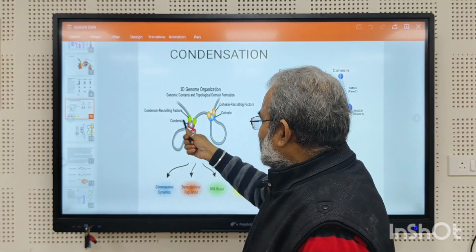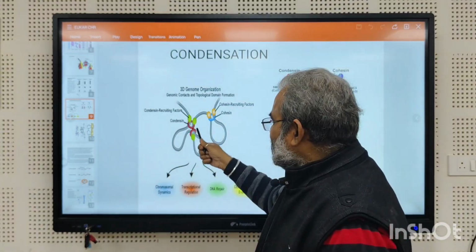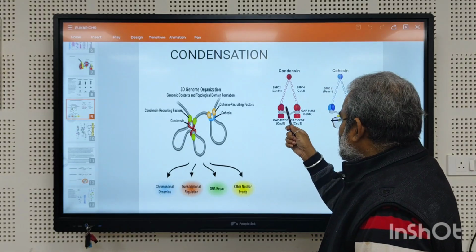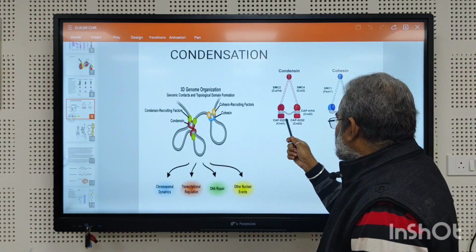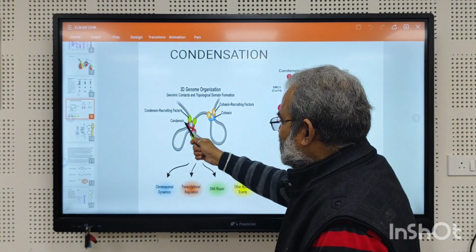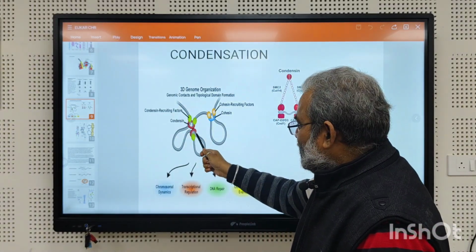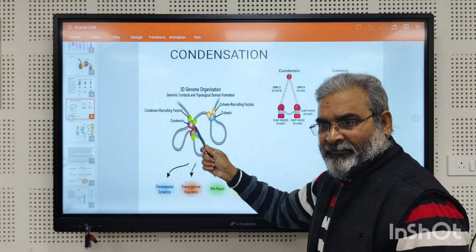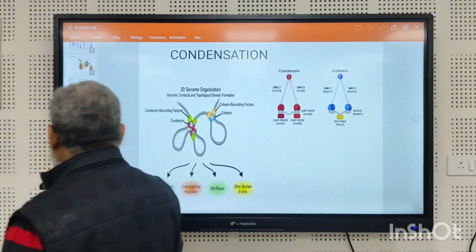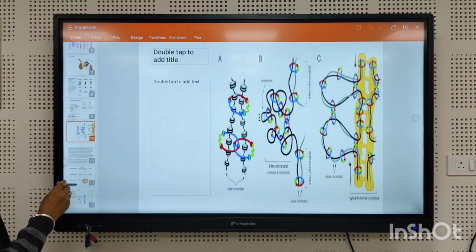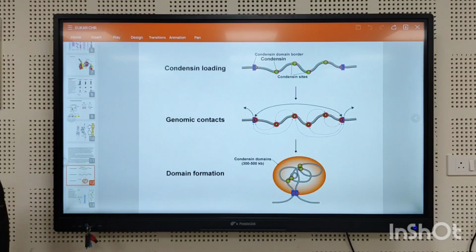Condensin recruiting factors. These are the factors responsible for the condensation. One factor is here, one factor is here. These are the two factors. Okay? And these are responsible for the condensation. One condensin and another condensin. And these are the cohesin. Clear? It is somewhat complex, so you can leave it. Did you understand this? There is no problem in this. Now here